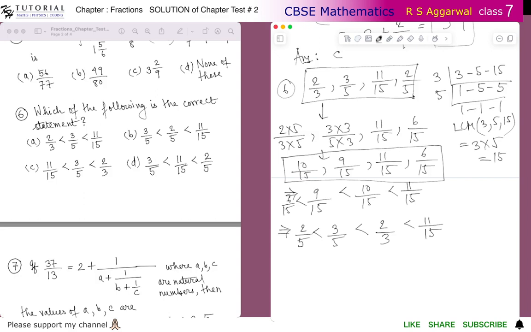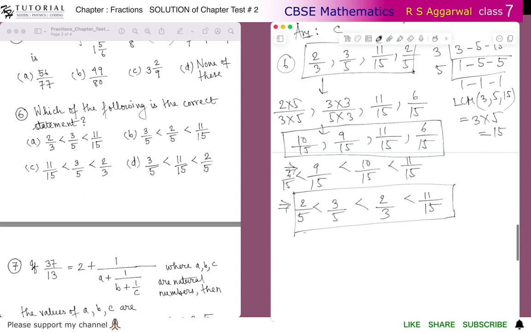So if you order these equivalent fractions, we get 6 by 15 less than 9 by 15 less than 10 by 15 less than 11 by 15. So 6 by 15 is 2 by 5, 9 by 15 is 3 by 5, and 10 by 15 is 2 by 3. Yes, so this is the correct ordering of all the given fractions, but it's not matching with any of the